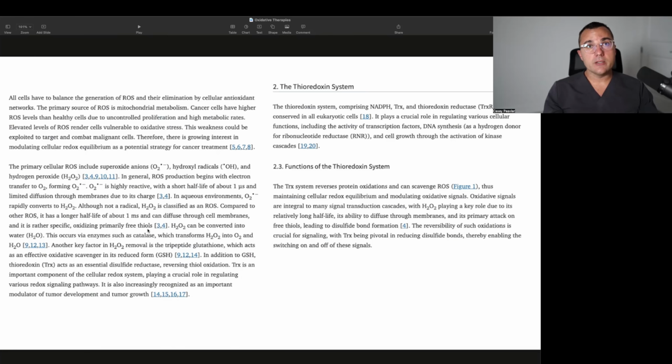And I'll talk about this in the near future when I have a dedicated video about it, because this is a question I get over and over again, rightfully so. What I was able to find was that MSM in particular can likely worsen outcomes when you have cancer, based off the fact that it's able to donate those sulfur molecules to these systems. I would also say that probably methionine, which is a sulfur-containing amino acid, is also a no-no, at least